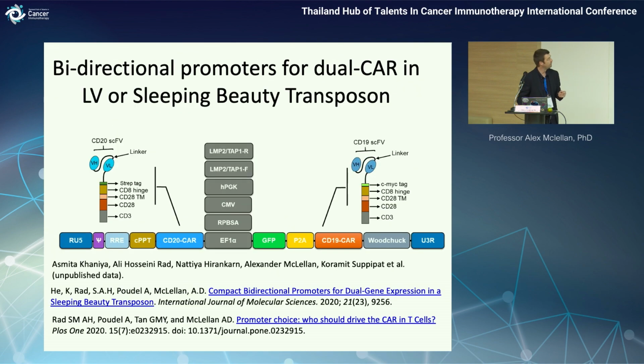That's just one example. We've taken this to a number of other promoters, looked for the activity. Our favourite is EF1. So the good old EF1 will work really nicely in both directions. So lesson 1 is you can save a bit of space in lentiviral vectors by doing this, or in Sleeping Beauty systems by expressing from a bidirectional promoter. This study's turned out well,